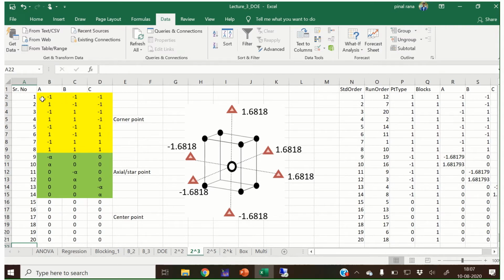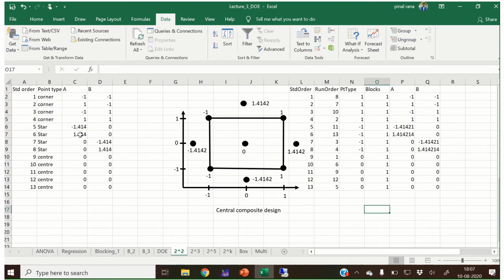First we give -1, -1, and this is the standard that I already explained in the last lecture. So that will give us the corner points. Now the extra points are the axial points or star points, and the center point. As I mentioned in the 2 raised to 2 factorial design, this is how we can create the star points.